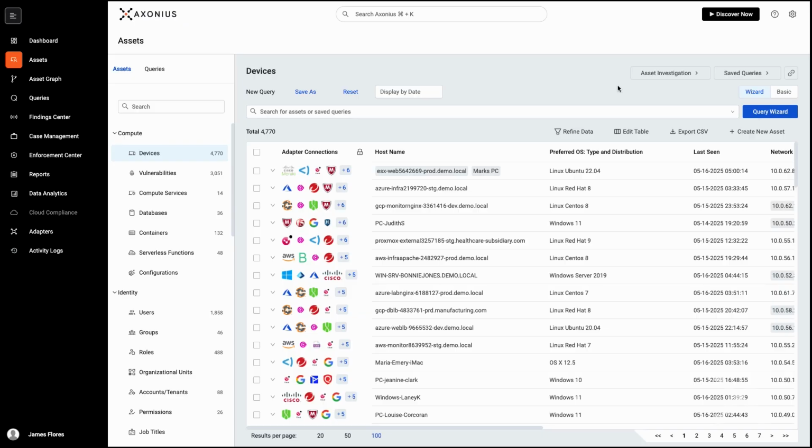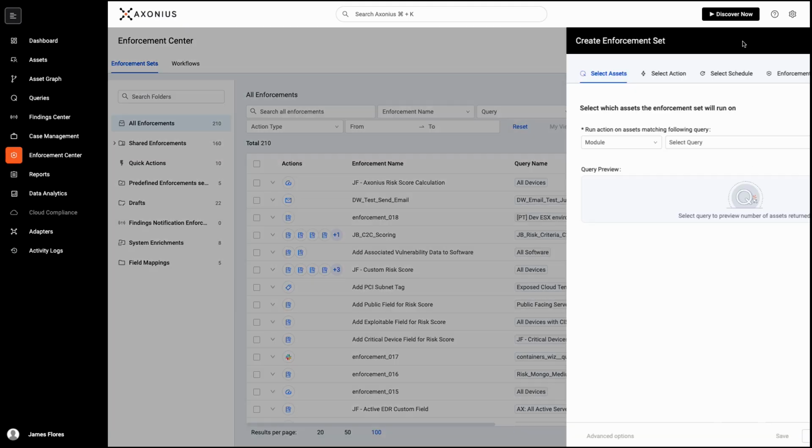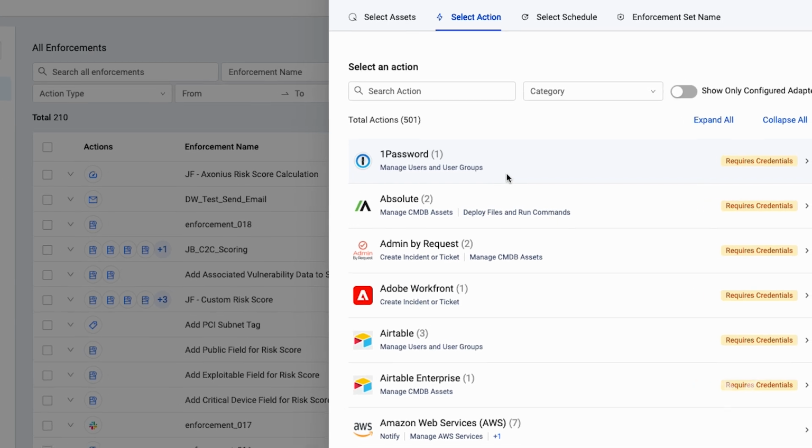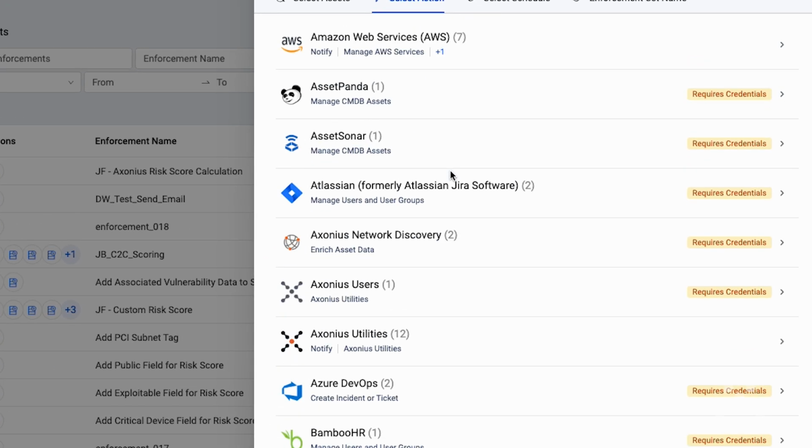And now that you have the answer, it's time to take action. Using the results of these queries and our over 500 enforcement actions, we can automatically deploy CrowdStrike to these assets directly from Axonius. You already have the data. Axonius helps you make sense of it and